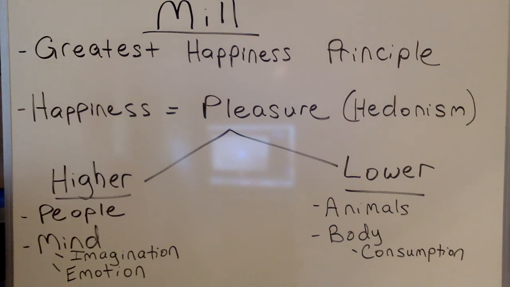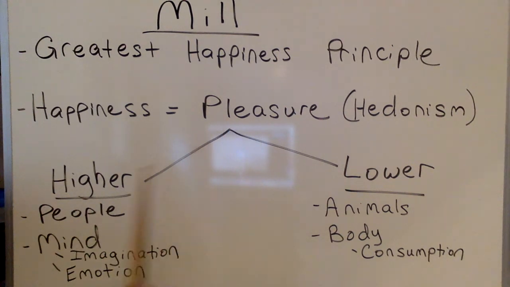To come back to John Stuart Mill, as we went over, his utilitarian idea, the greatest happiness principle, states that an action is right insofar as it promotes happiness for the greatest number of people. He then goes on to define happiness as the presence of pleasure and the absence of pain. This is a hedonistic principle, right? Let's remind ourselves, hedonism is the philosophical belief that pleasure is an intrinsic good. This is very similar to Epicurus's take on hedonism, but Mill complicates the problem in a way that I think makes a lot of sense.